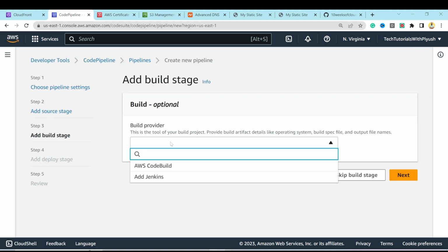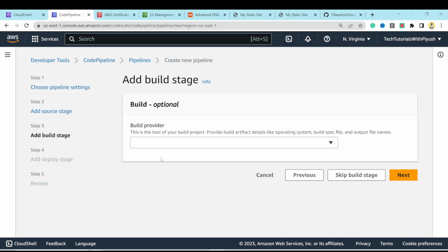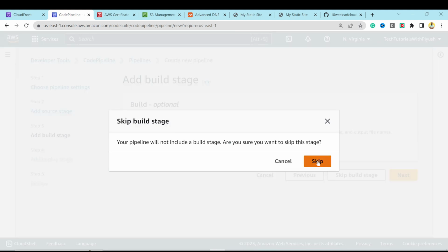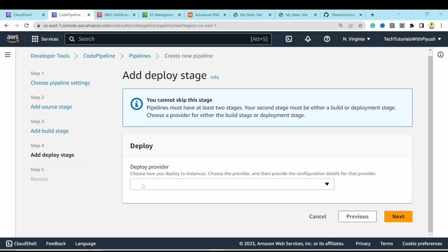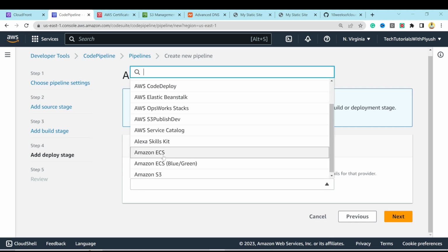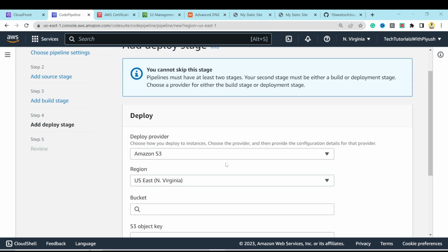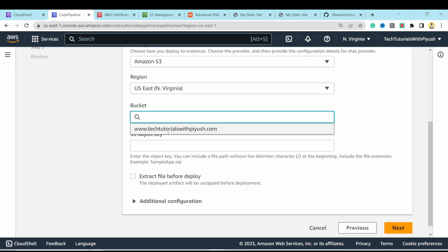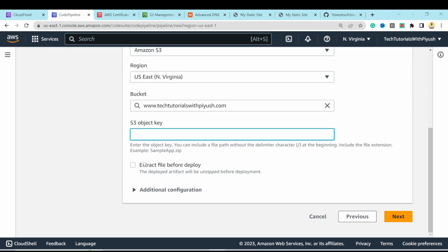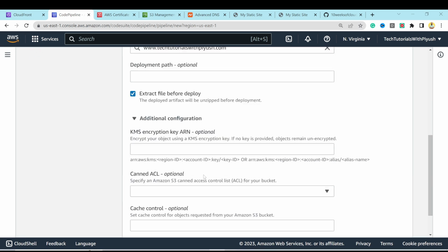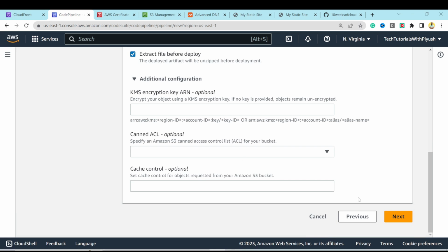Now build provider, I don't really have any build process over here because those are just static files. So I'm gonna skip the build stage, right? Skip. Now the deploy provider should be S3. So let's go ahead and select Amazon S3. The bucket is this one, my custom website, S3 object key, then extract file before deploy. And let's see if it has any additional configuration. That's it. Hit next